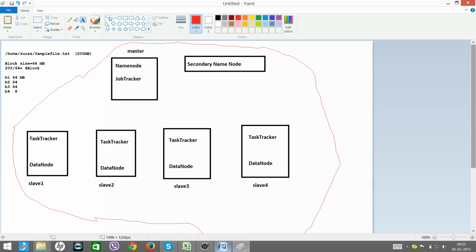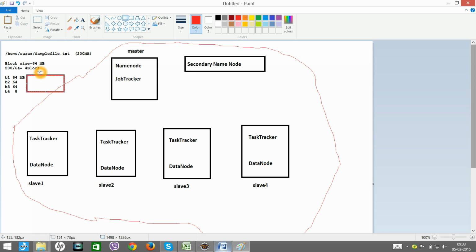So we will use PuTTY here and try to access the cluster. The first objective of using Hadoop is storing huge amount of data. So let's assume 64 MB is a big amount of data, for simplicity only.